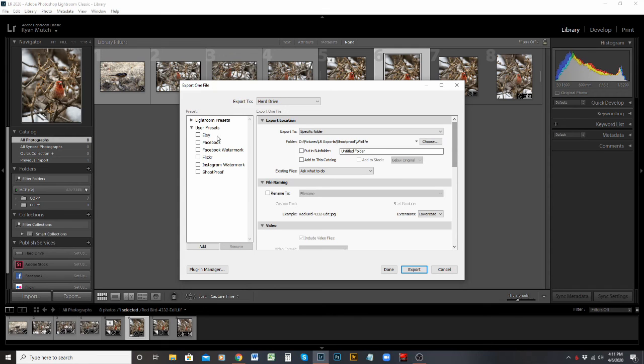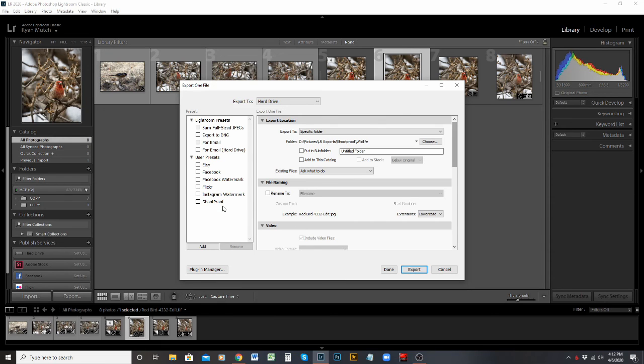Really quickly, let's just touch on the presets window over here. This is where you can go if you have different presets developed for different exporting purposes. As I have talked about, I have a few different options for Facebook. I have a different option for Instagram. I have a different option for Shootproof, which is my online gallery. I have a different option for Etsy, which I also have an online store for. And again, I will get into presets in a different video, but